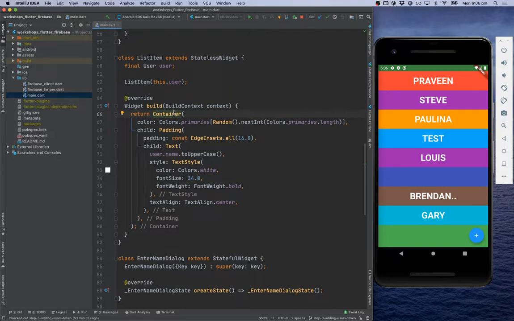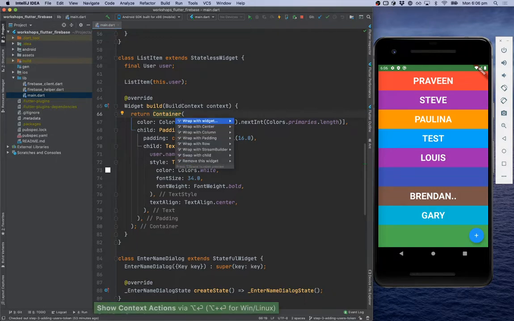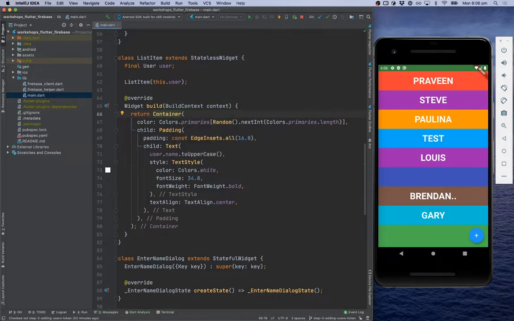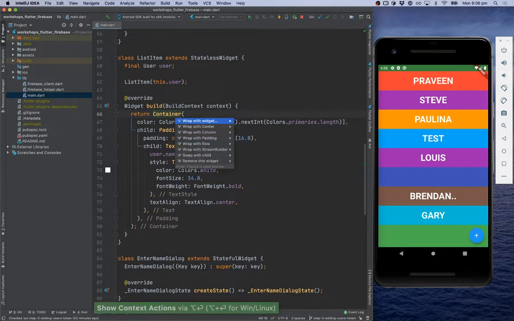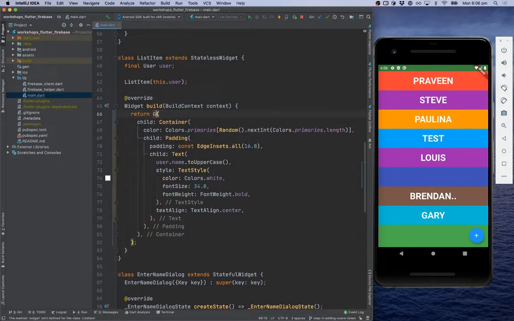So to add an on press callback to each list item, we will need to wrap the container with a new widget. I also did this in the previous parts, but let me just remind you. I'm using a shortcut to do this. So in IntelliJ, there is an option, enter to do this, option return. And I'm choosing wrap with new widget. I'm writing gesture detector here